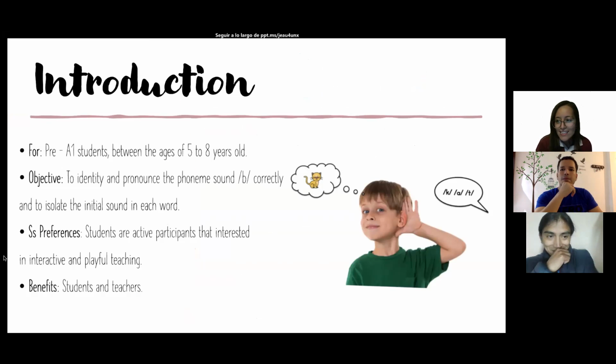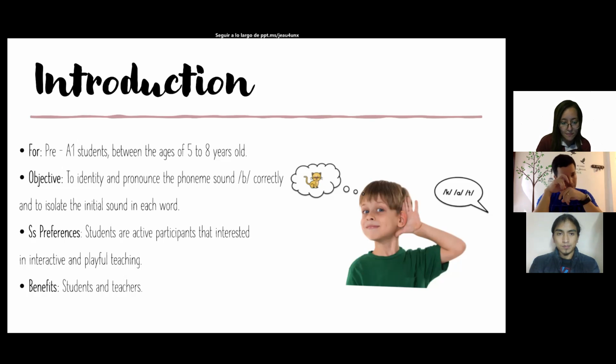Introduction. The lesson was designed for pre-A1 students between the ages of 5 to 8 years old who are developing or struggling with early literacy skills, specifically in the English language. Therefore, the instruction of basic phonemic awareness subskills such as phoneme isolation is essential to facilitate the next step, which is recognition of graphemes. In addition, the goal of this instruction is for teachers to take into consideration the different methods, approaches, and strategies available to continue with the instruction of all the phoneme sounds that include vowels, consonants, and